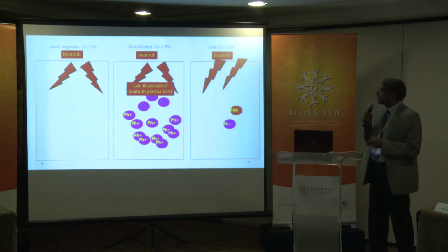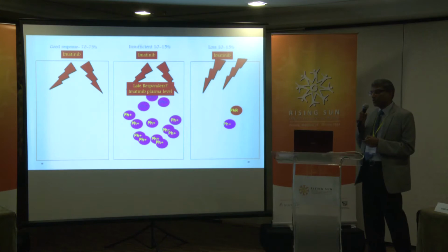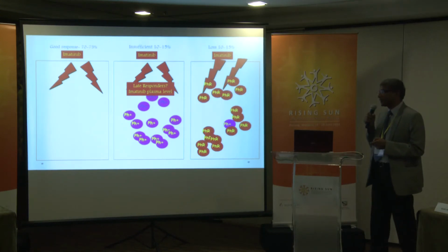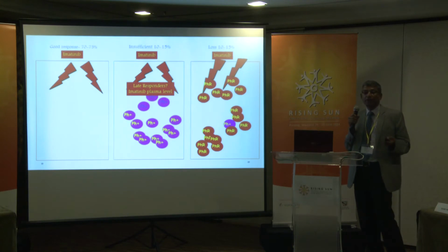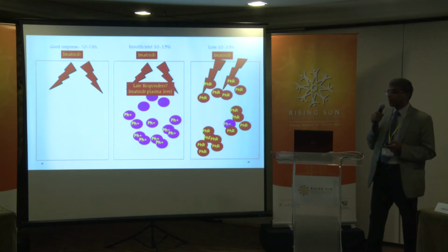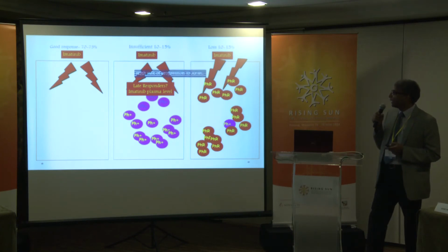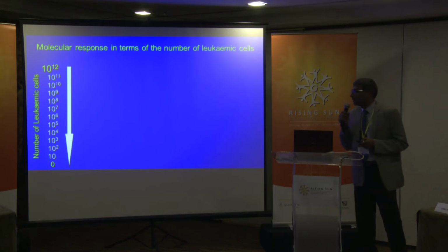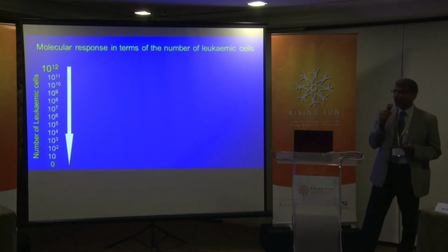But these patients may be those categorized as late responders, and these patients have a proliferation of the, naturally, if you have a resistant clone, they will tend to have an advantage and they will progress, and then you have a high risk of progression to accelerated phase or blast crisis in these individuals. So it is always nice to identify who are going to do well and who are not going to do well, and that is the basis of monitoring.